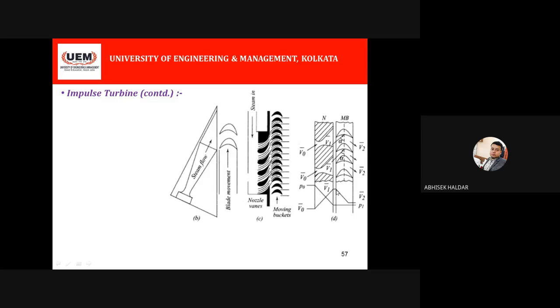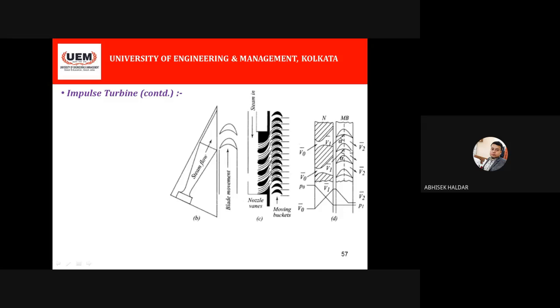Then the pressure becomes constant, as I was saying about the impulse turbine. The pressure is constant and the velocity is dropping. Why is the velocity dropping? Because the kinetic energy is transferred to the blades, and obviously the blades get some impulsive effect. So that kinetic energy is transferred to this moving blade, and that's why the velocity has dropped from v1 to v2. You need not memorize this. You just have to understand where the pressure and velocity will change and in what fashion. Just knowing that, you can draw this.